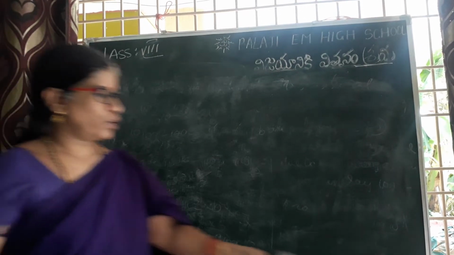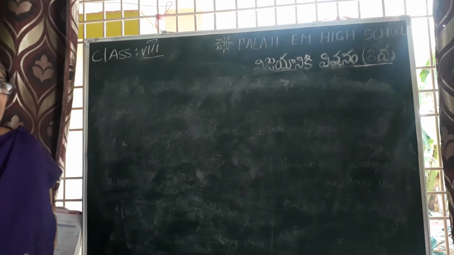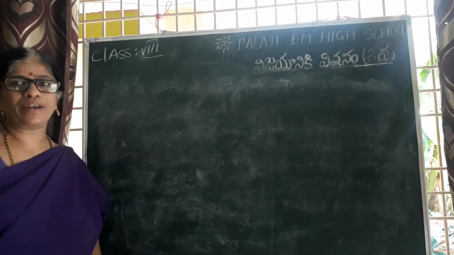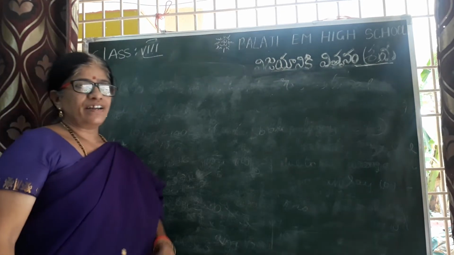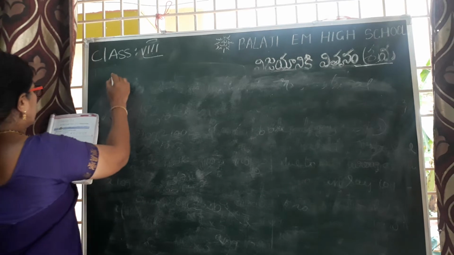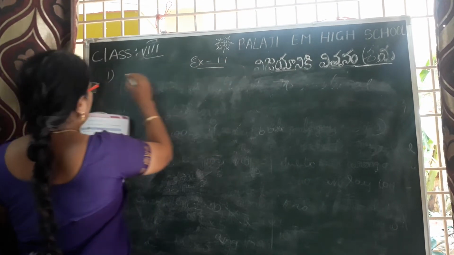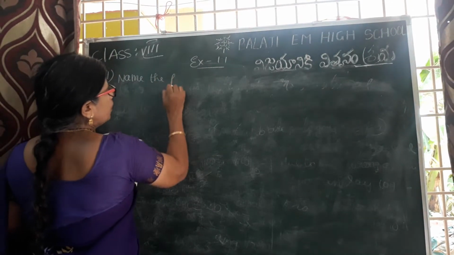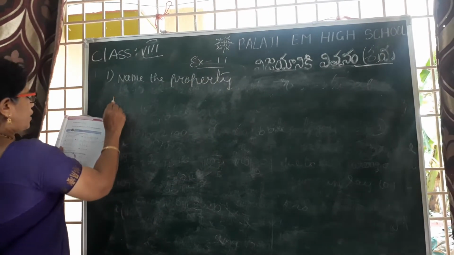Continuation to your rational number properties. After the properties, let us identify the properties. All of you know the properties of rational numbers. Now try to identify them. Identify the number which comes here by using the property. So here the first exercise 1.1, first Roman, name the property. You have to write the name of the property which one is used.